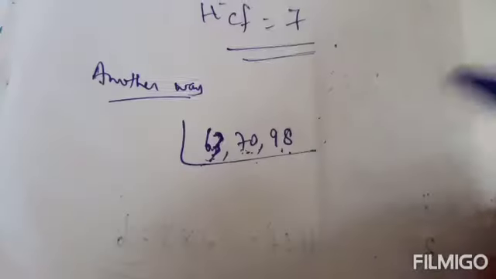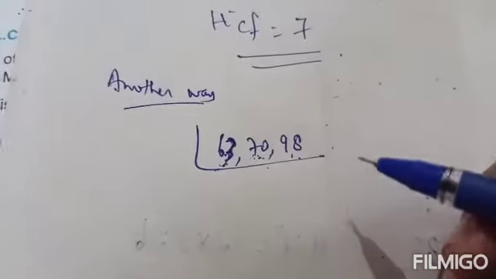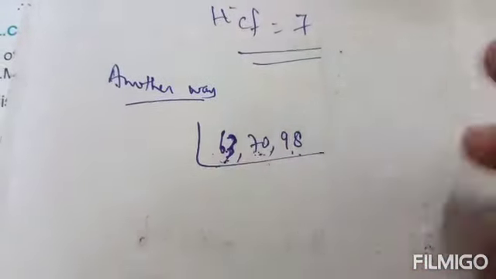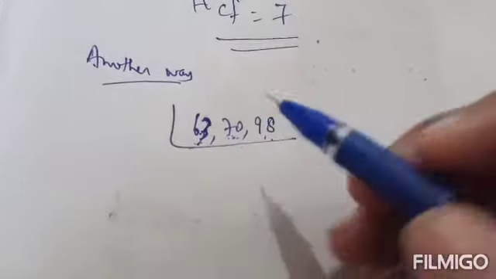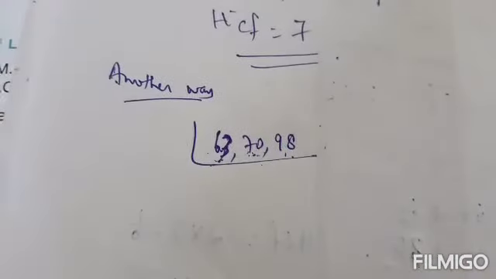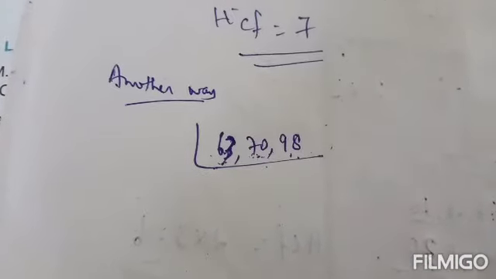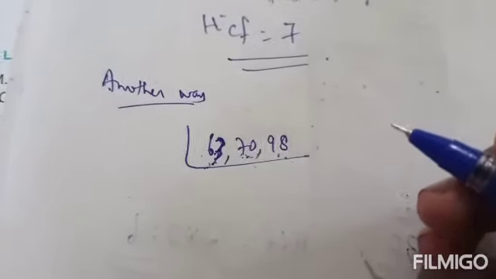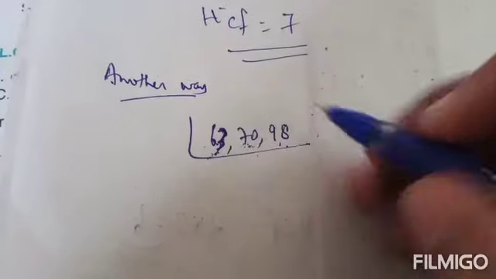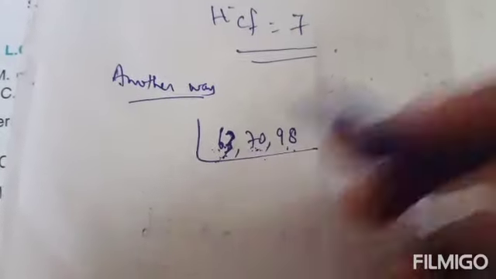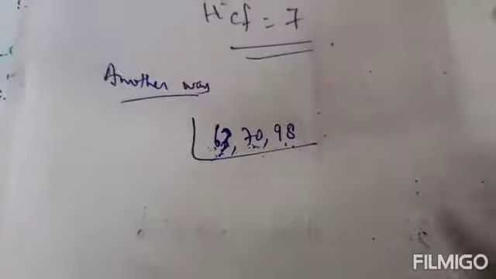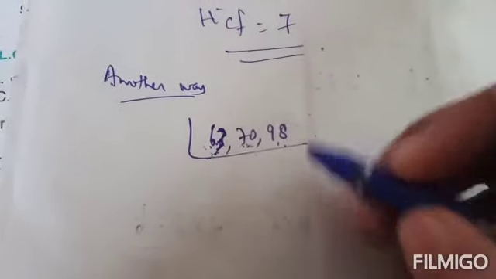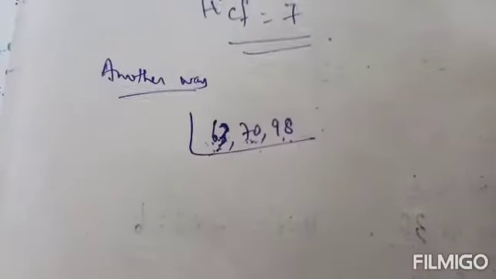Okay. Now another way of doing prime factor method is doing the prime factorization of three numbers together. Now here you need to find a prime number with which you can divide all these three numbers, that is 63, 70 and 98. Okay. So let us take first 2. 2 you can't take because 63 is not divisible by 2. Now next 3 you can't take because 70 is not divisible by 3. Now 5. No number is divisible by 5. So 5 also you can't take.